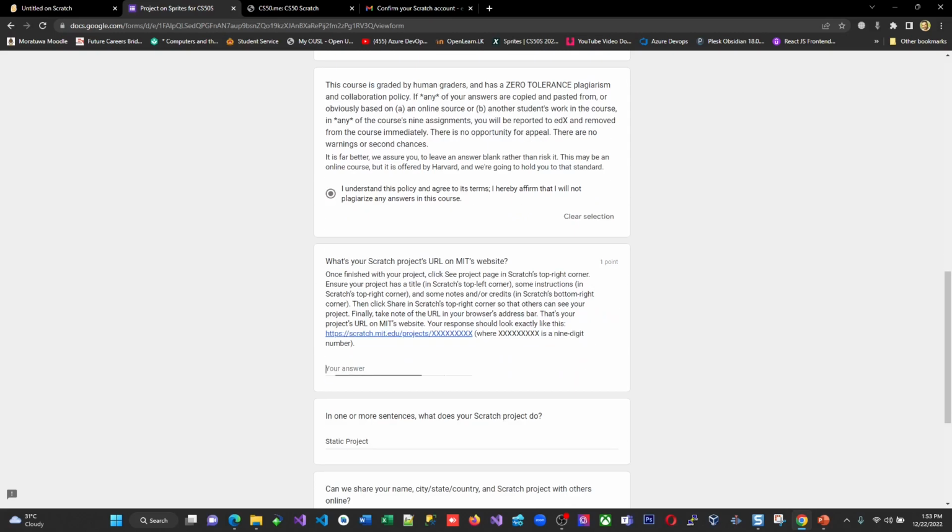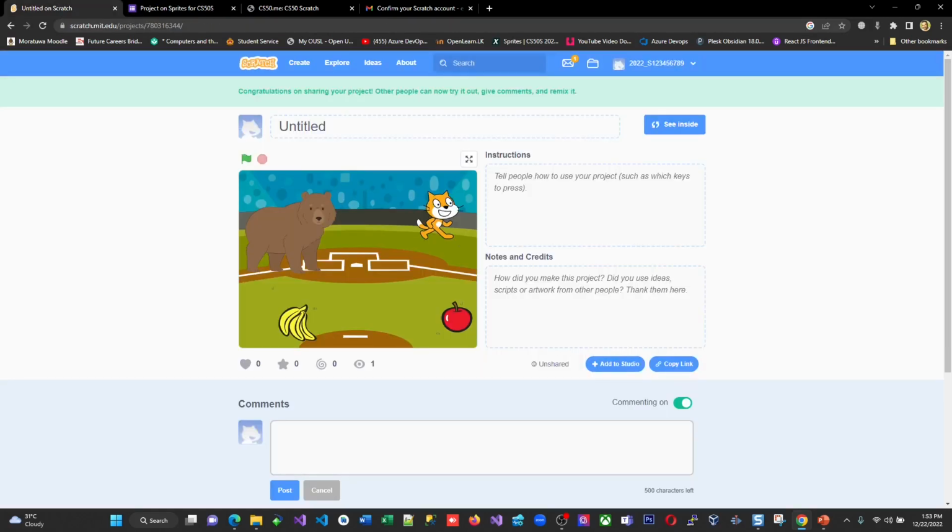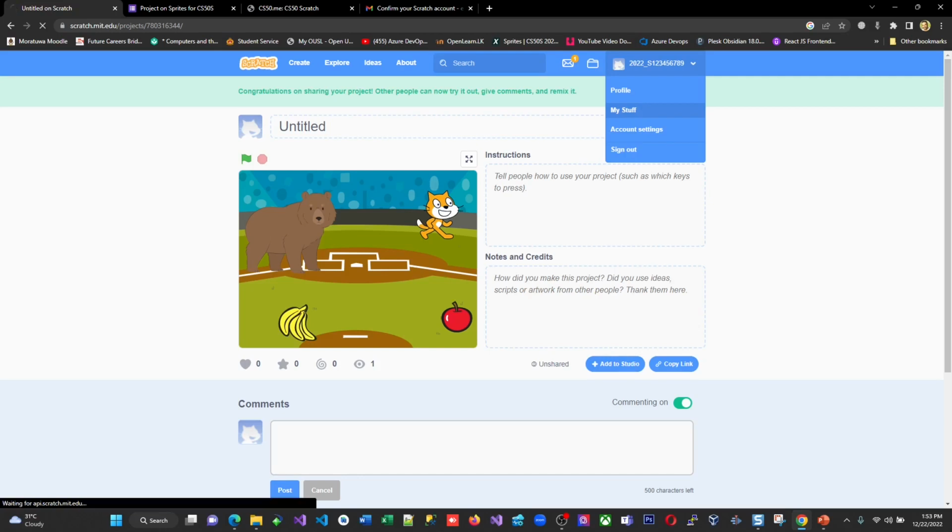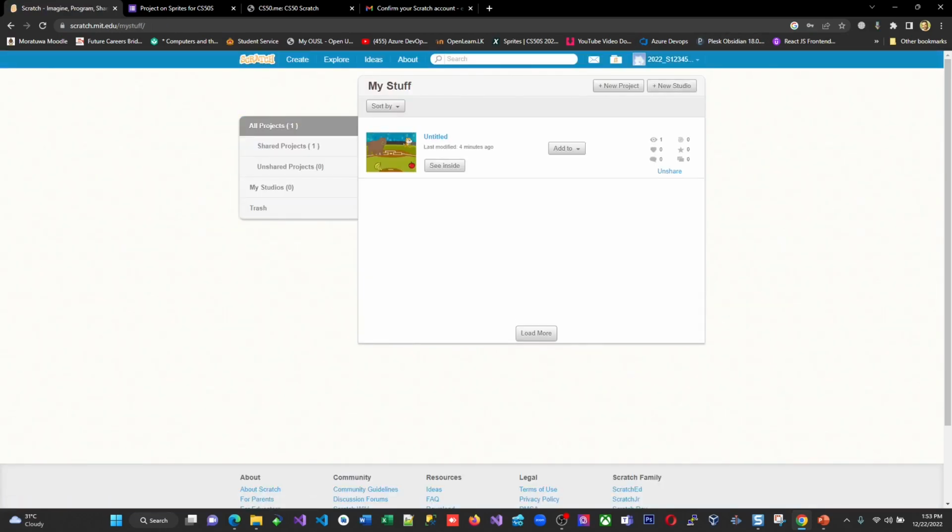So now the thing is how to get this one. What is your Scratch project URL on the MIT website? This is very important for you. So now you go to the Scratch site back again and go to, let's say, maybe you are in a different location, but now this is the place, but I'm going to explain to you from the beginning. So click my stuff, click the profile name in my stuff, and this is your project. You will find many projects later on. If you have a project